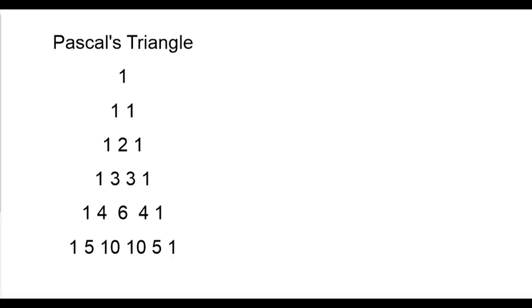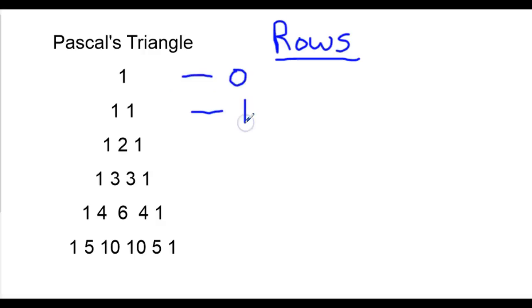Alright, Pascal's triangle. The thing with Pascal's triangle is that it is broken into many rows. This is actually row 0. This is row 1. Here's row 2. And this pattern continues on, row 3 and row 4. There are many unique, interesting